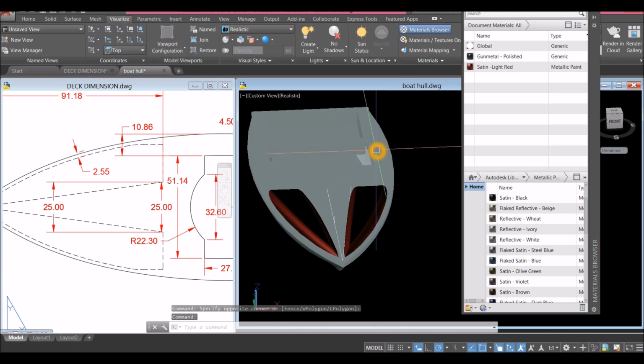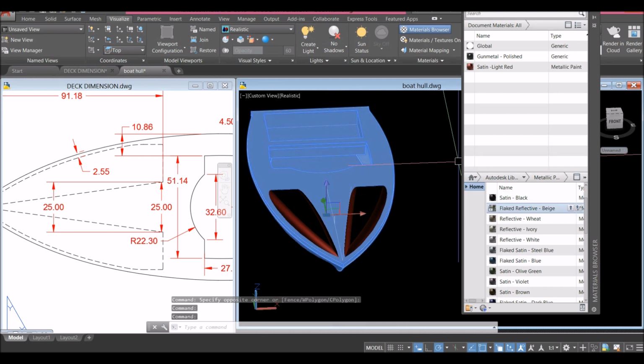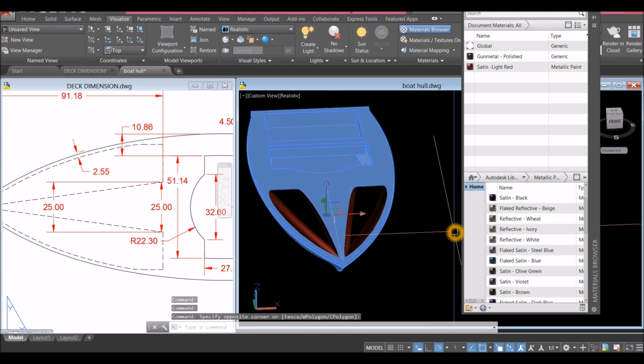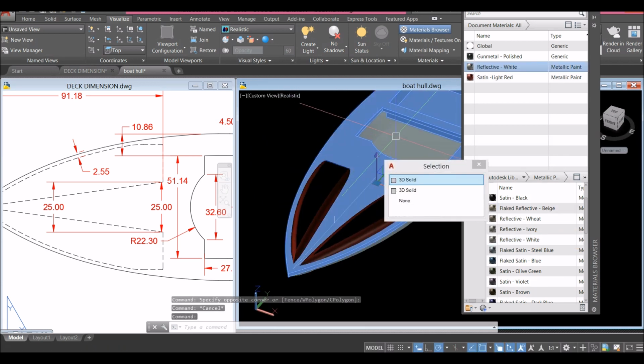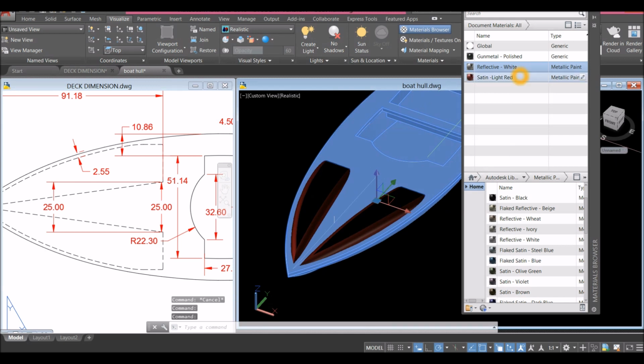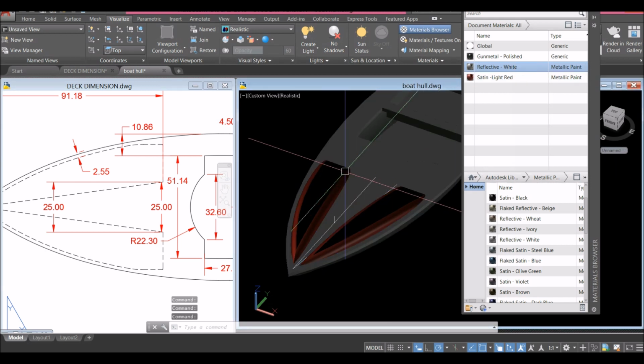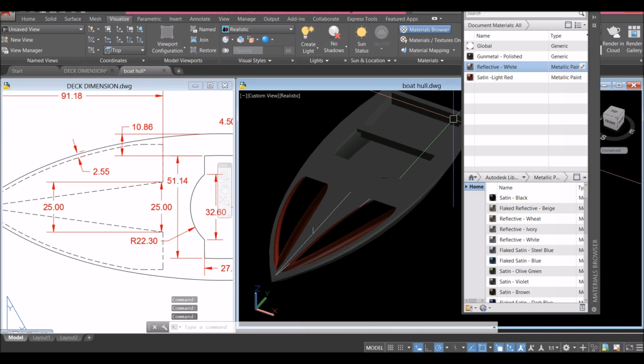Alright, now I'm gonna apply materials for these two. So I'm gonna use reflective white. So click this arrow and select these two objects and click reflective white. And as you can see, it's not very white. So just click this edit. By editing, click this pen icon